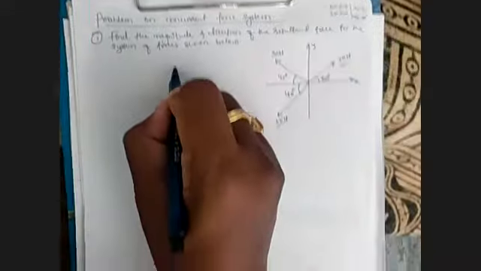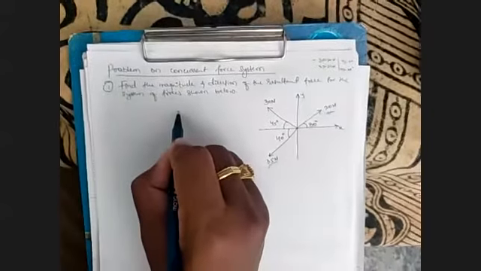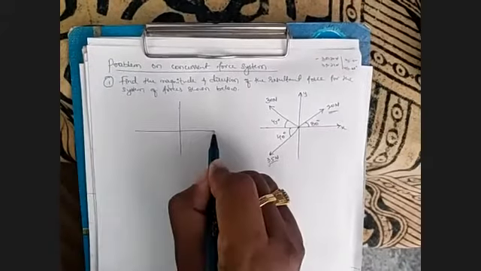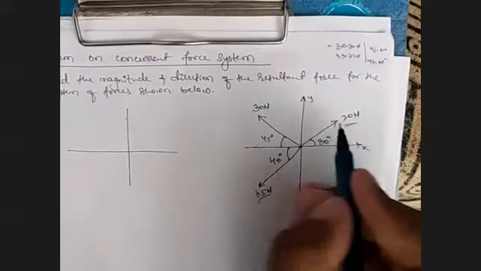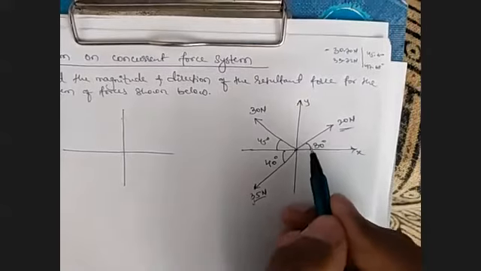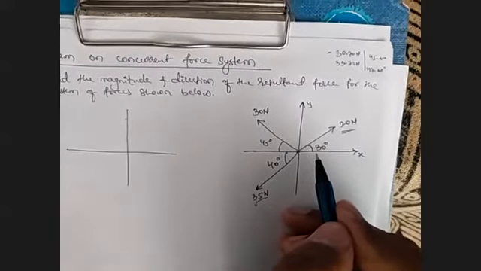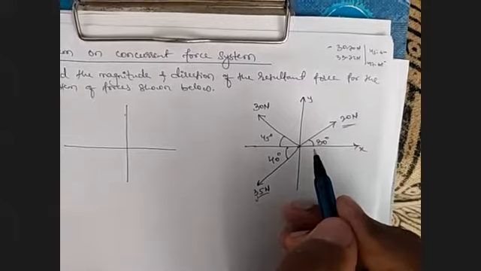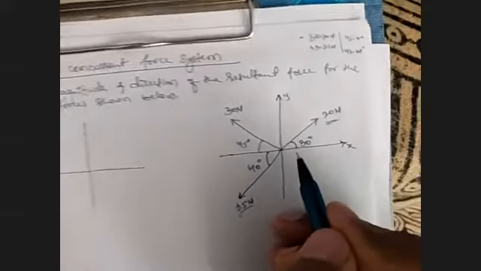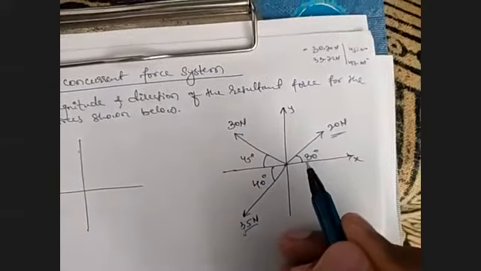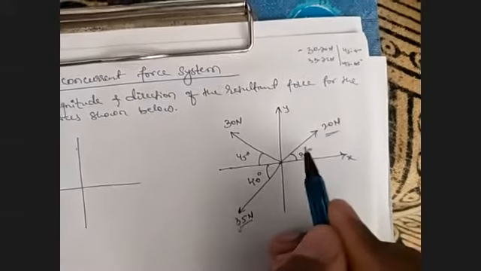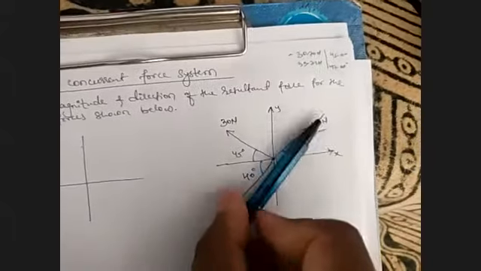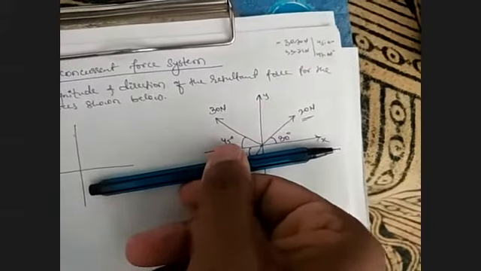For this, I will draw a plus mark. Now look here, I'll zoom in. In the first quadrant I had a 20 Newton force, which is making an angle 30. I told you in the last class, the angle is always measured either with respect to the x-axis or with respect to the y-axis. In this case, the angle is measured with respect to the x-axis. So the x component is cos, because whichever axis the angle is measured from, that component will be cos. When I bring this 20 Newton force along x, it is acting towards the right.